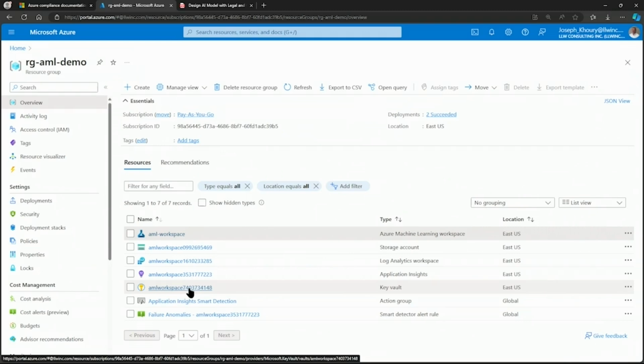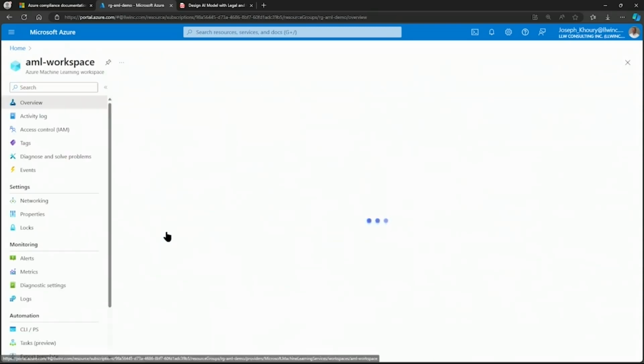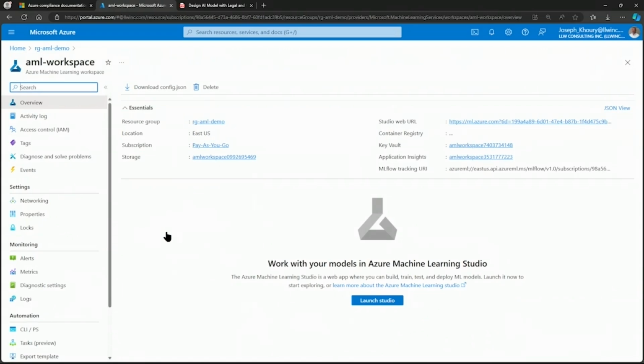In addition, data is encrypted in transit using TLS, as it is on platforms like Google Cloud Platform, AWS, and IBM Cloud. Let's go back to my Azure Machine Learning Workspace. Next is networking. It's always best practice to set up Azure private links to ensure that the Azure Machine Learning environment can access Azure services over a private connection without using the public internet.